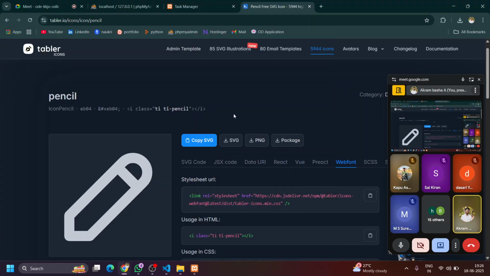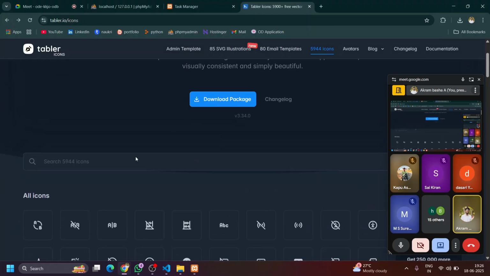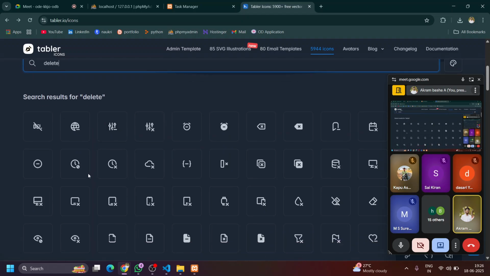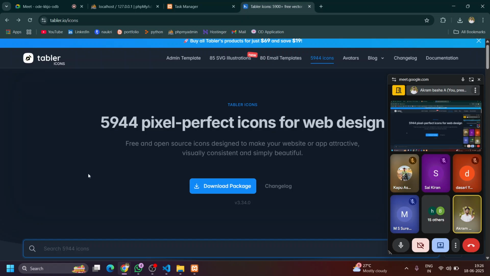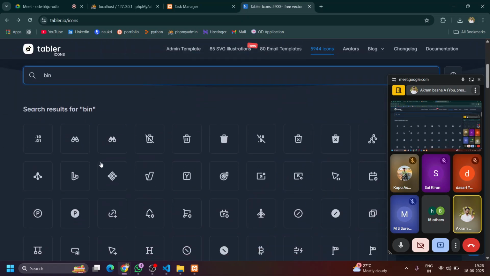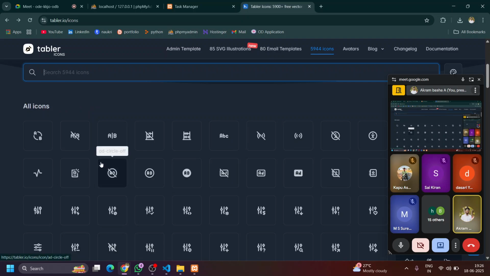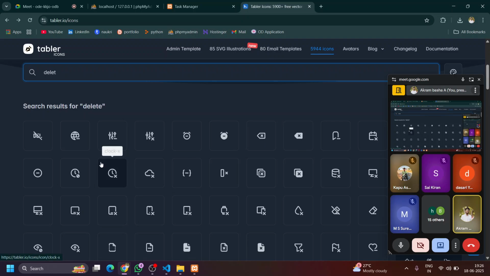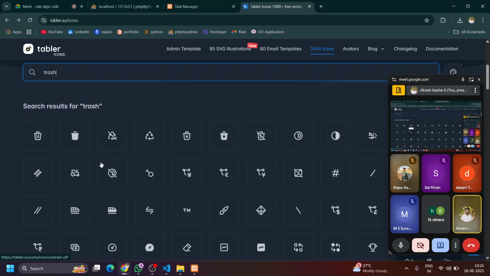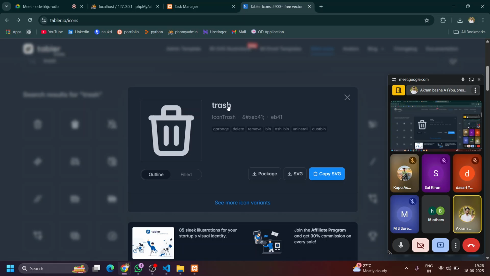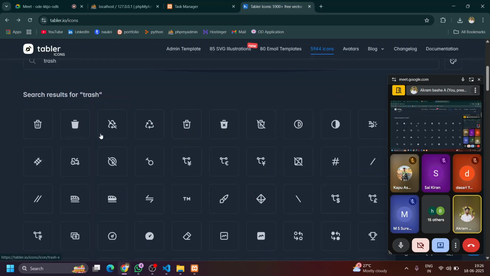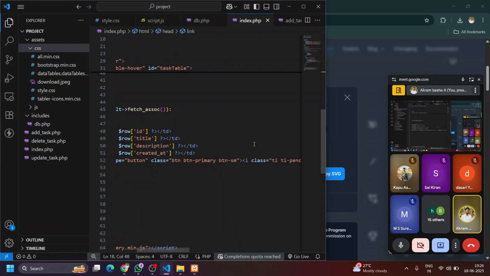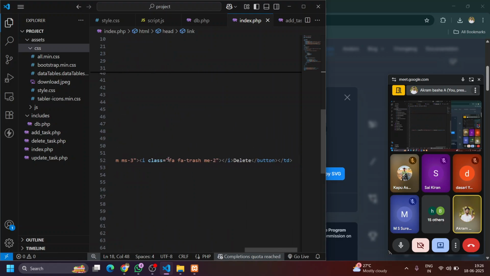I have called the pencil icon. Now I need a delete icon. I will get it over here. I will take this particular icon, trash. I have copied it, and then I will utilize it over here in the class